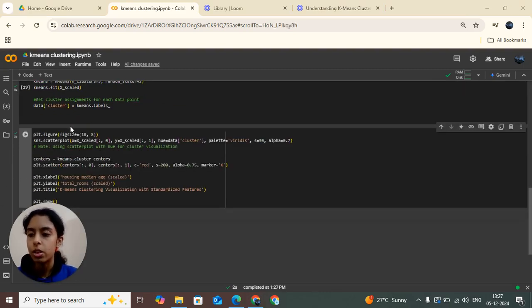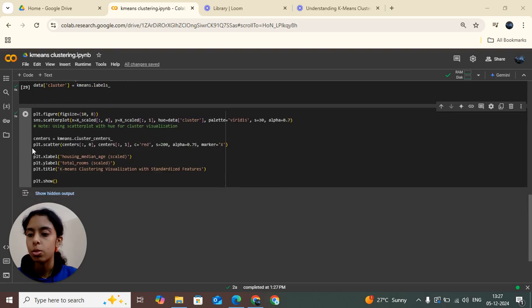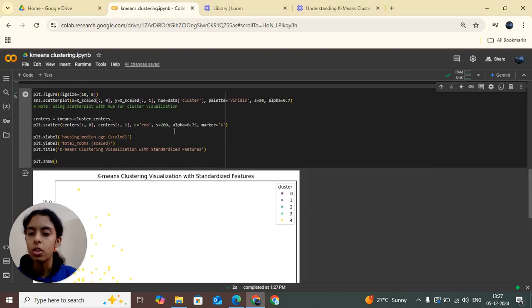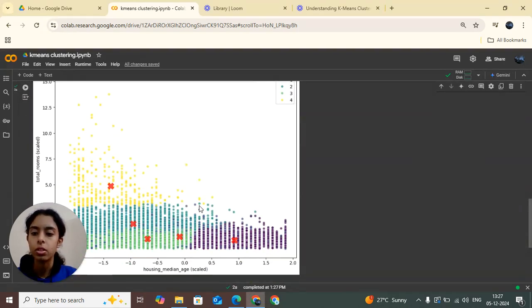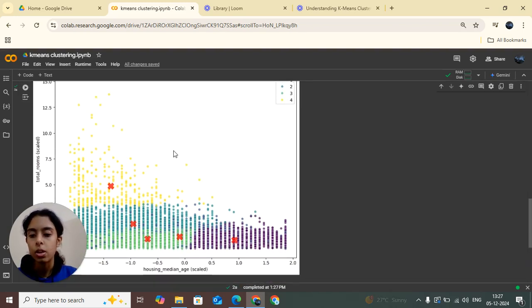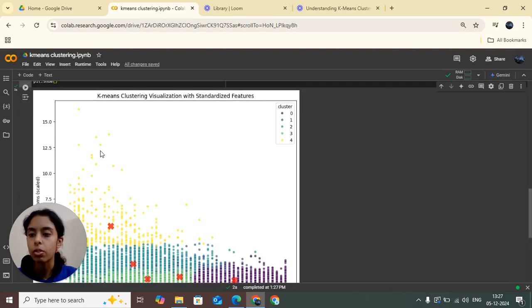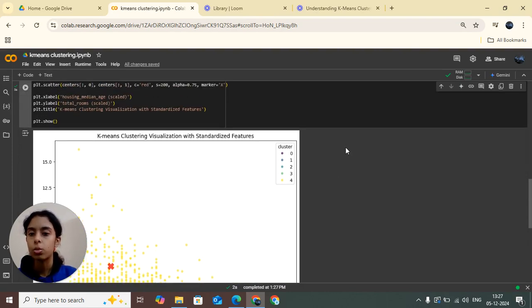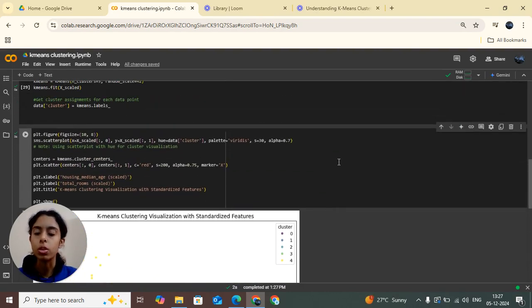So now if we want to see how our model has worked, we are going to plot a scatter plot using this code. If we see the output here, we are going to have this kind of output. As we can see here, we have 5 clusters as we had assigned. Here all the data points have been assigned to some cluster. So this is how clustering works